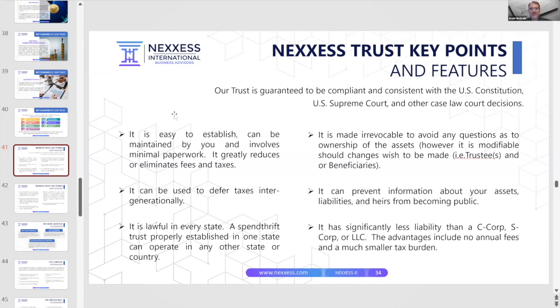If you have a trust, trusts are not statutory. These trusts are non-statutory. You don't call the state, you don't report to the state, you never tell the state. The state has no business knowing about your trust. These trusts are non-statutory entities. They're not LLCs, they're not C Corps, they're not statutory in nature. So you don't have to report to any state. You don't even file a state tax return.